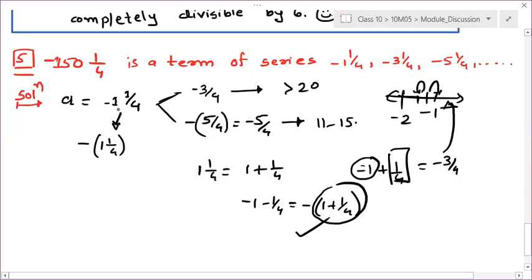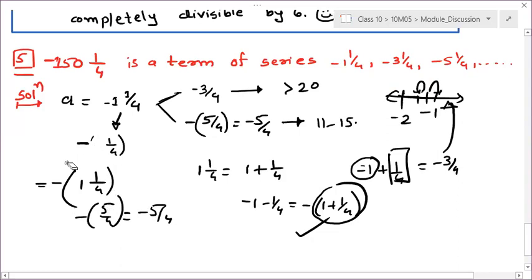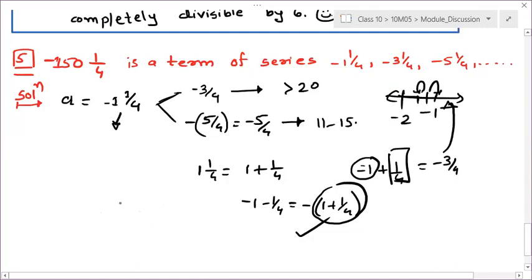But the meaning of minus 1 integer 1 by 4 is minus applied to both of them. So if minus is applied to both of them, first you need to simplify this bracket. 4 ones are 4, 4 plus 1, 5 by 4. Then you need to apply minus. It is your minus 5 by 4. Is it clear? So remember this always, that if it is minus of one integer 1 by 4, then it is not equal to minus 3 by 4. Never. Right? It is always equal to minus 5 by 4.